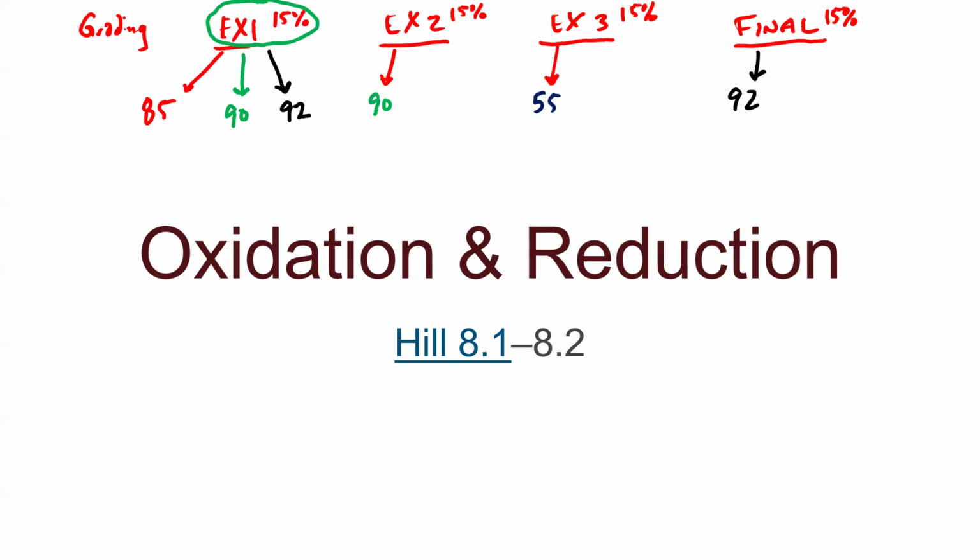Okay, so now when we look at exam number two, you'll see the 55 that this hypothetical student got on exam number three grouped there. Then they will also see the 92 that they got on the final. For exam number two, you will see the 55 and the 92. Okay, so looking at all of these groups, let's start with the final.